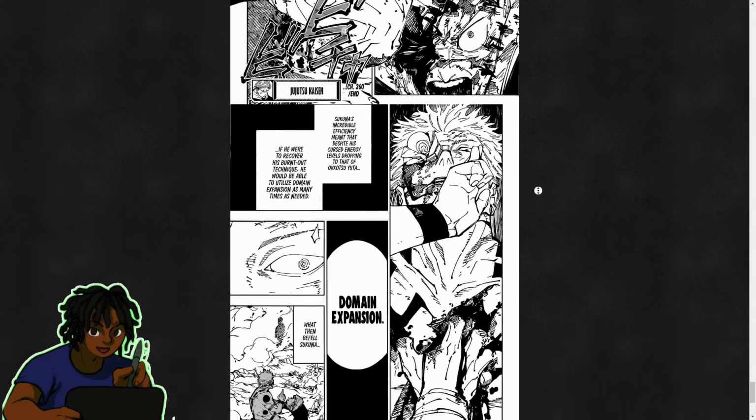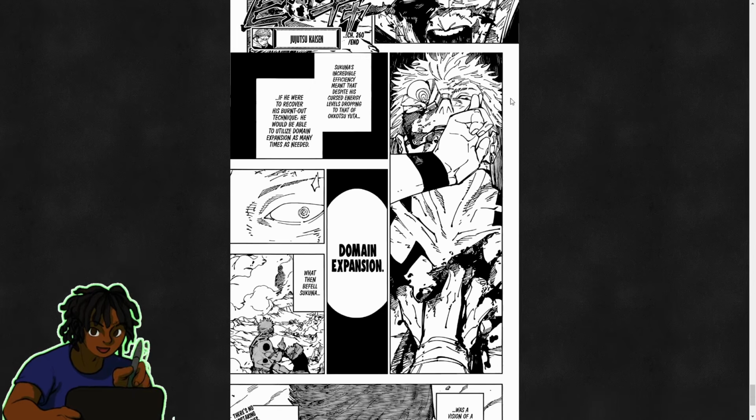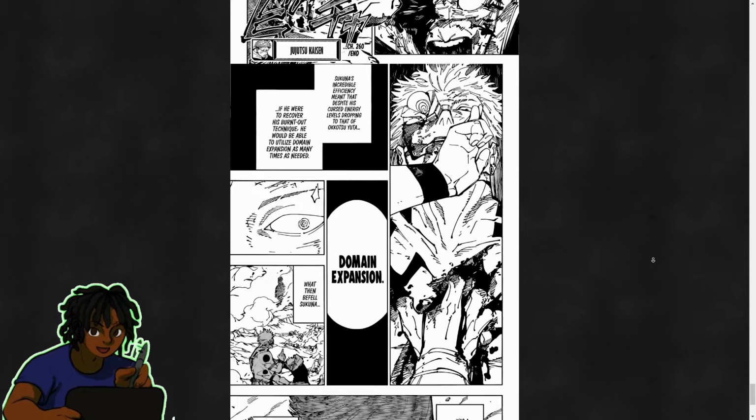And then we see Sukuna about to pull out his domain expansion. But Sukuna's incredible efficiency meant that despite his cursed energy levels dropping to that of Okkotsu Yuta, which is interesting because Yuta has great cursed energy, if you were to recover his burnout technique, he will be able to utilize domain expansion as many times as needed. And then we hear the domain expansion, and at first I thought this was Sukuna saying the domain expansion, but it wasn't. It was actually somebody else who activated the domain expansion. And what then befell Sukuna was